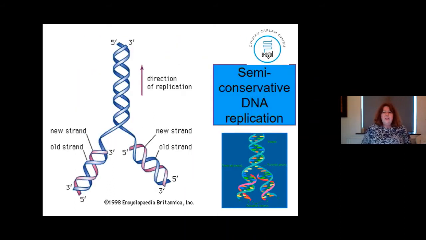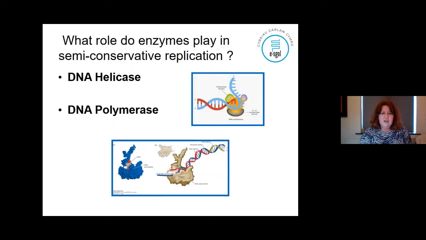So we now know, don't we, that the semi-conservative replication of DNA is what we know is the actual mode of action. So what we're going to do now is look a little bit at how it works. Before we go any further, if you remember right at the start, those learning intentions showed us that there were 2 enzymes that we really need to know about, and they're DNA helicase and DNA polymerase. Now, we haven't got time here to recap the enzymes topic that I'm sure you've covered before Christmas,